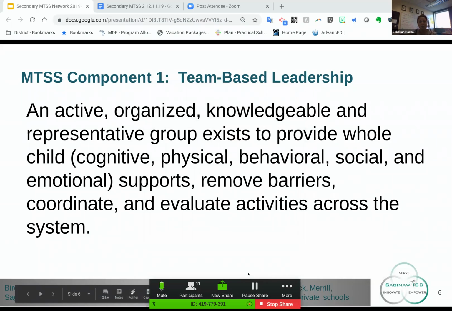All right, so the first component of MTSS, we went over with you guys in our first meeting a little bit about team-based leadership. It's an active, organized, knowledgeable, and representative group that exists to provide whole child supports, remove barriers, coordinate, and evaluate activities across the system. Guess what? This team is your MTSS team. It is your,